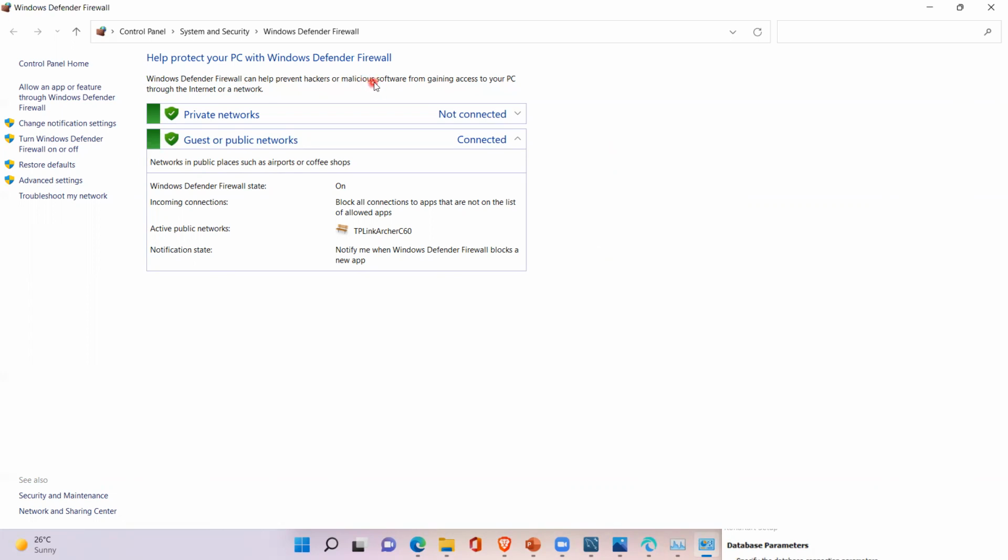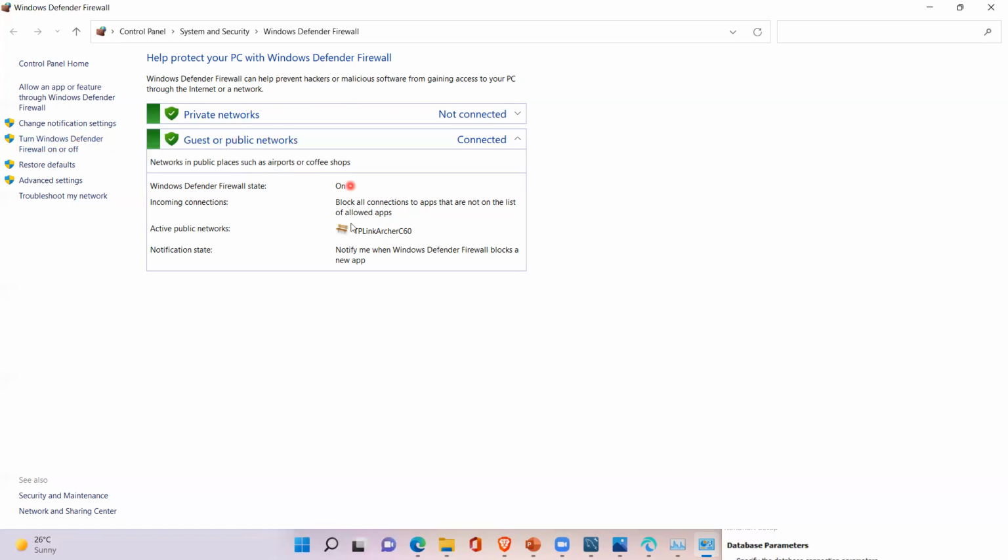Dangerous software. We sometimes hear that a network was hacked, right? So this firewall protects against hacking attempts or any malicious software.